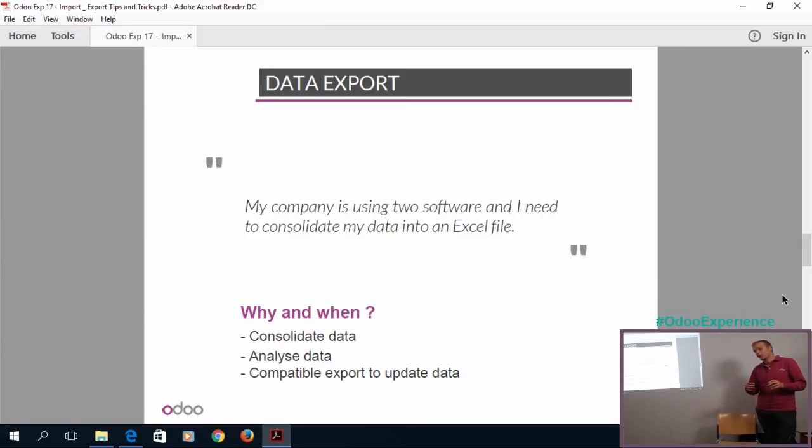If you want to consolidate data between two different software, two different systems, into one Excel. So if you use Odoo, you may want to consolidate data from your customer model and your invoice model. So you want to take information from the customer form and from the invoice. You can